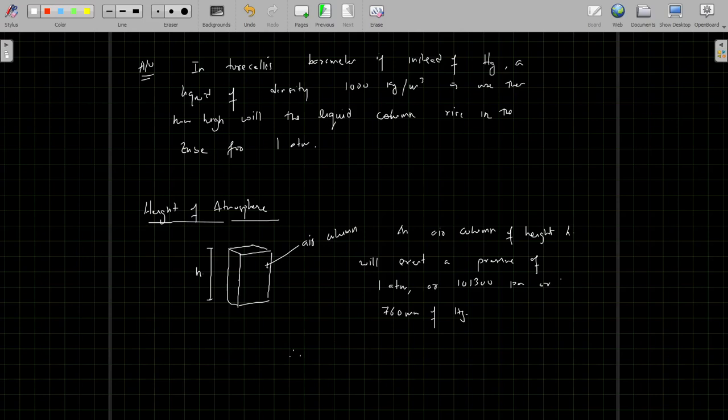That is, we can write H rho g is equal to